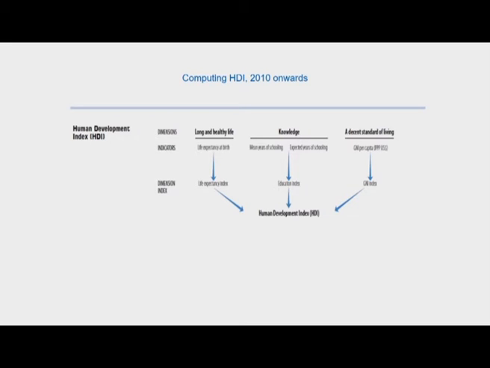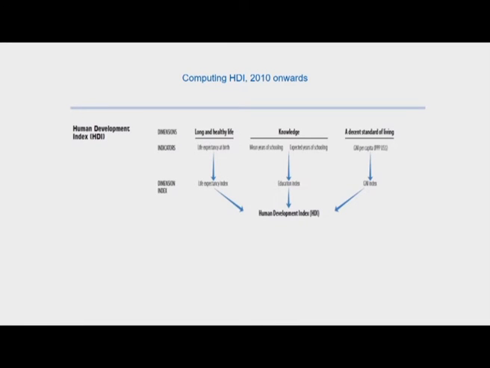the methodology mostly changed, there were two changes. One was the change in the list of indicators, and the other was the change in the method of calculation of the HDI. We moved from a simple arithmetic mean average calculation to a geometric mean calculation, and these were the dimensions in the indicators. The long and healthy life or longevity dimension remained just the same. The knowledge dimension changed from adult literacy rate and combined enrollment ratios to mean years of schooling and expected years of schooling, and then the education index was constructed.